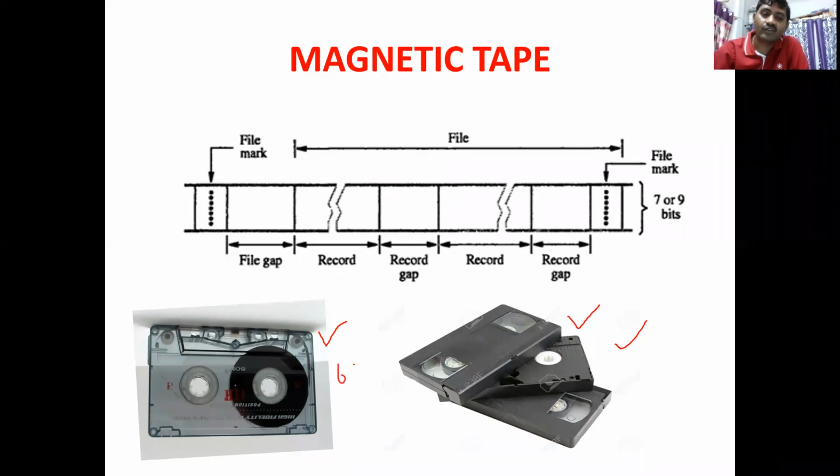We used to have two different types. One is a 60, the other one is a 90. So 60 means 60 minutes duration, playing songs on both sides together. One side is 30, the other side is 30. And 90 means 45 minutes each. I don't know how many of you have seen this or listened to songs on it, but during my BTech days, this was ruling. Of course, nowadays mobile has replaced everything, but we used to use this with a Walkman and tape recorder, etc.